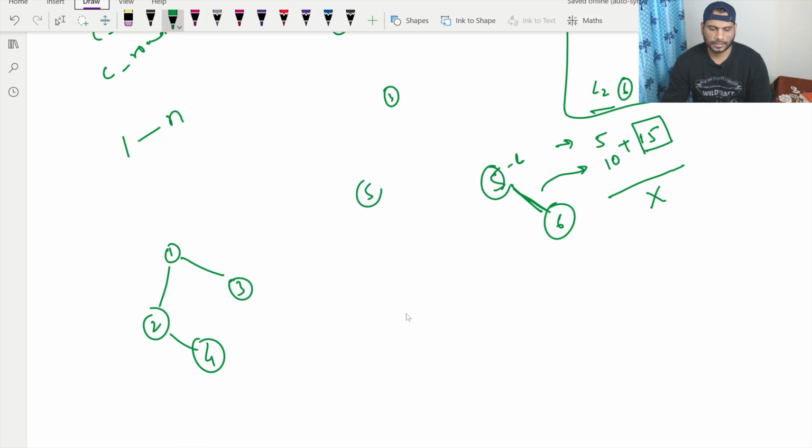This was 5 and 6. So I hope this condition is clear. The very first condition was: if my cost of library is less than or equal to cost of making road, then